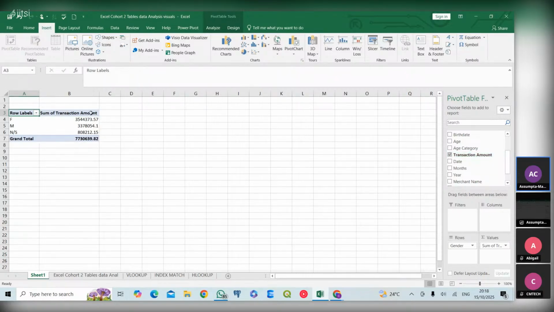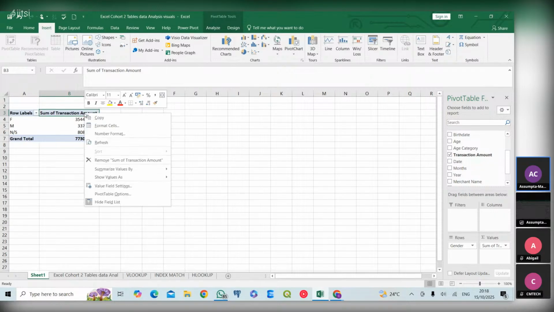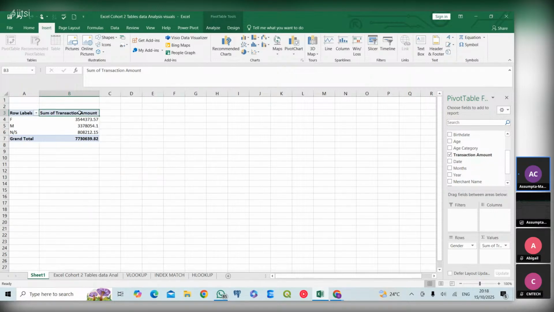So we can see now our gender and the transaction amount have been added. So let's say, for instance, now this transaction amount, you see that there's no currency here, and we wanted to do either sum, like total, or average. So let's just do average. Let's do average, or let's do total. Let's stick with total. So if you want to change this sum to average, like you want it to be in average and not total,